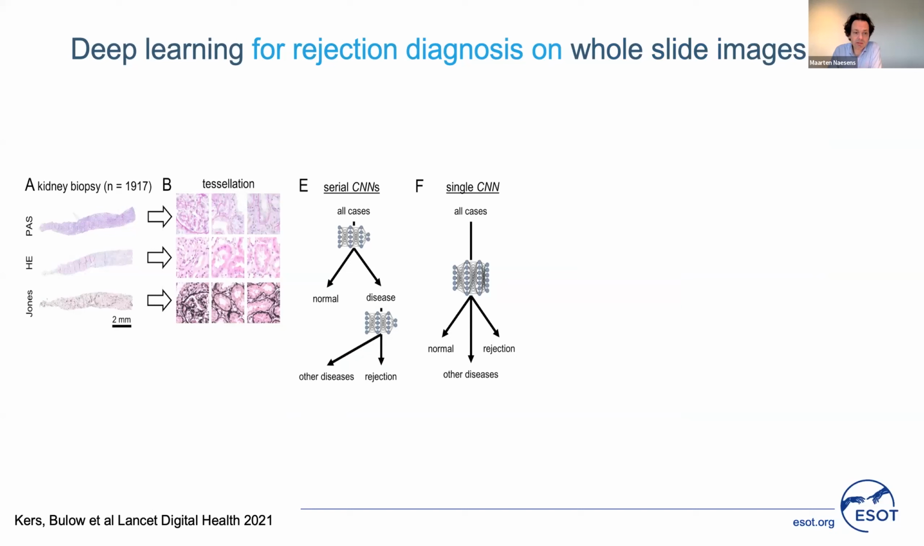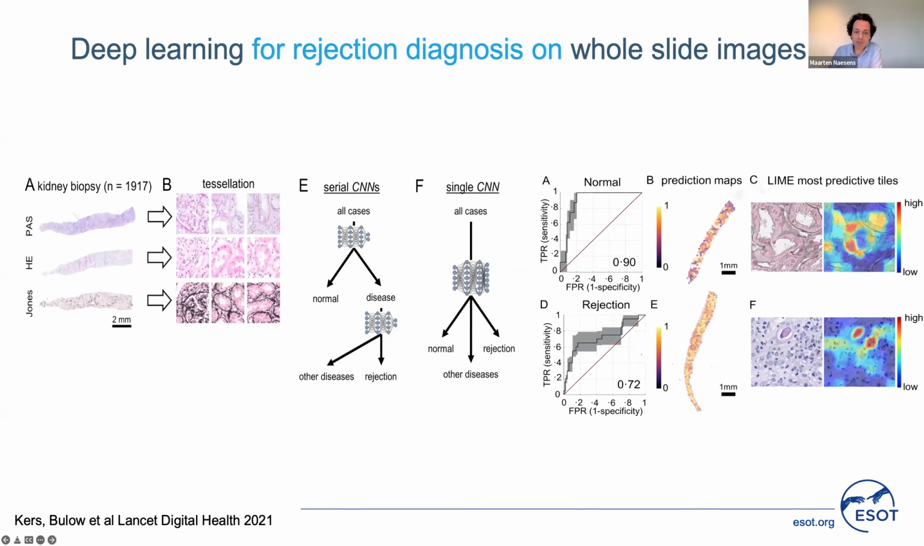A recent study to which we contributed as well, by Jasper Kers and Roman Bullo from Amsterdam and Aachen, has illustrated that you do not even need multiplex immunofluorescence images to calculate automatically the presence or absence of rejection and rejection severities. What they have been able to show is that with the classic histological stains, PAS stains, H&E stains, Jones stains, convolutional neural networks, so really deep learning algorithms, could lead to a very nice classification of the whole slide images